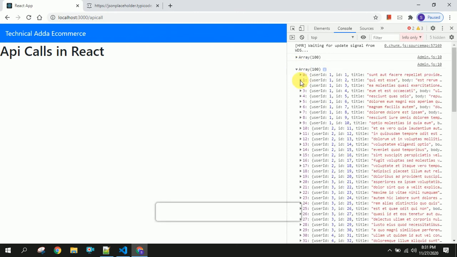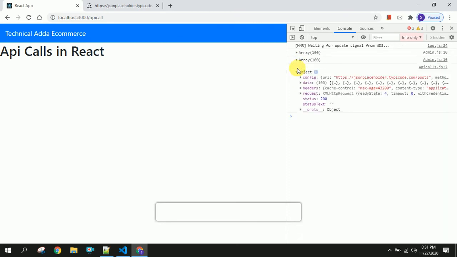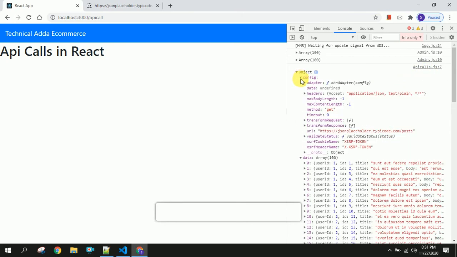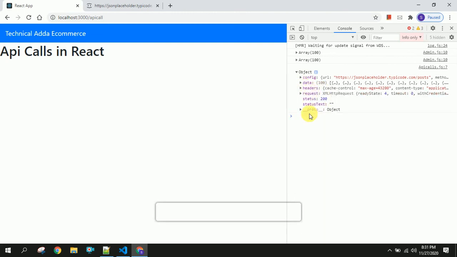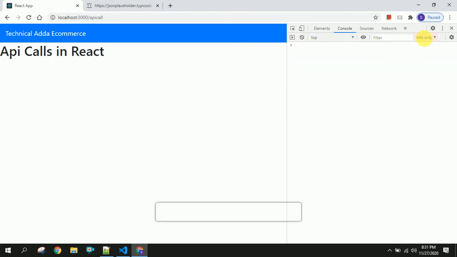So in this way you can get the arrays here. This is coming from admin, so we can neglect this, and this is coming from our API calls component, and you can see the data and config here. In this way you will be getting this data.